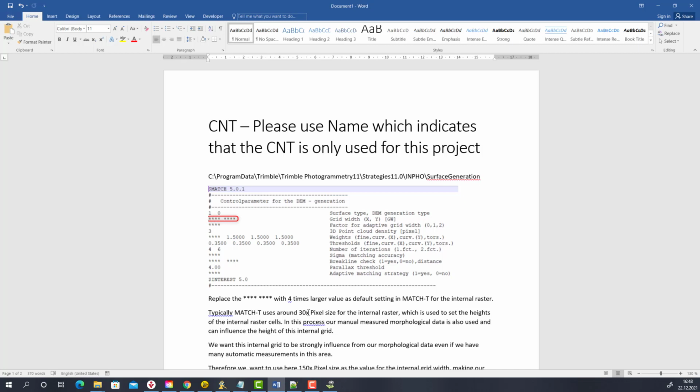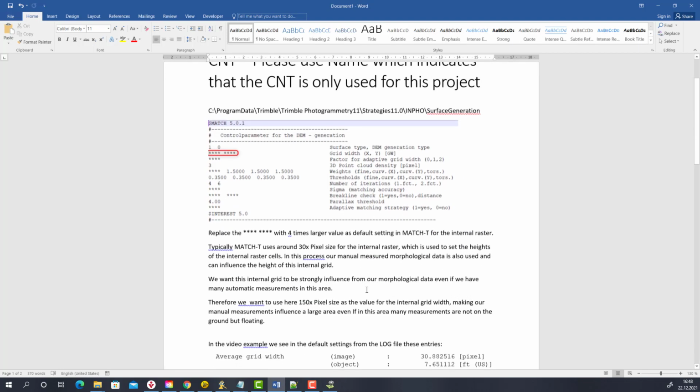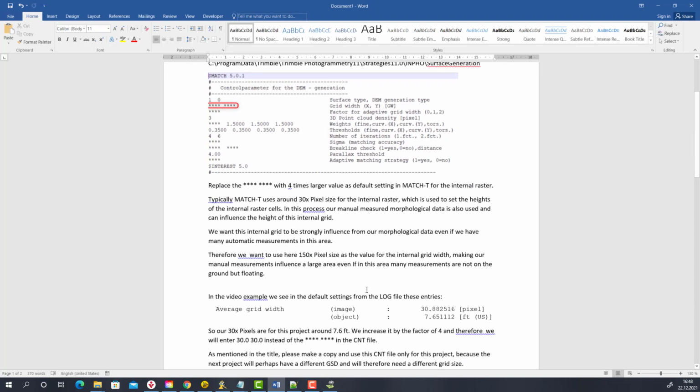And then we can make all these internal height settings here to a lower part influenced by our one single manual measurement. And so that's why we enhance it from these typical 4 stars, which are something around 30 pixels, and I enhance it by the factor of 4, so which will be something around 150 times the